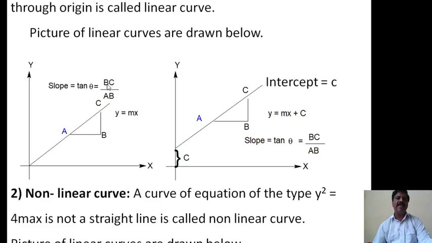Therefore tan theta is equal to BC divided by AB, or we can also say it is the change in